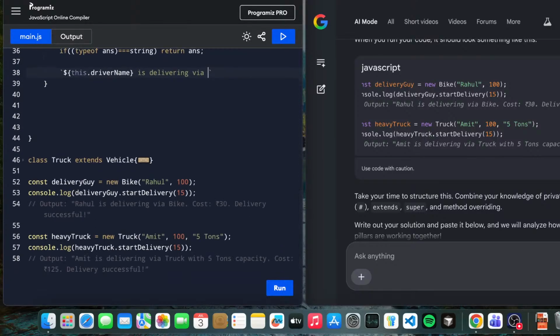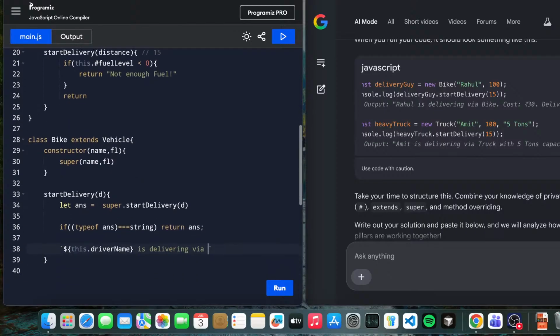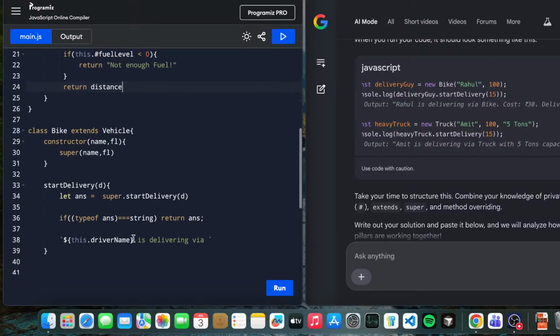Okay, this is about a bike. Okay, start delivering, Rahul name. Let's just understand. Here we will just pass the distance. Okay, this is a bike extension. Deliver name, okay, return is delivering via